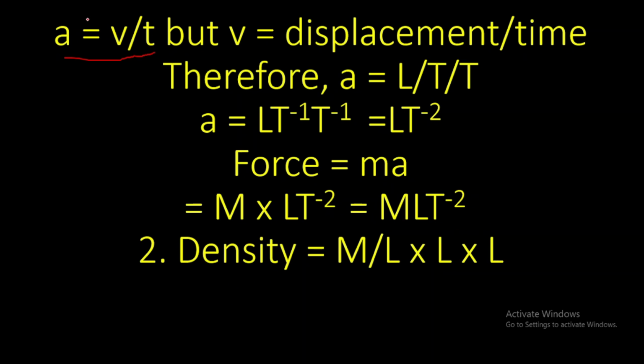Now, it is V that we want to dimension. Velocity is displacement divided by time. Remember, displacement is distance in a specified direction. So if velocity is equal to displacement, which is distance, divided by time,